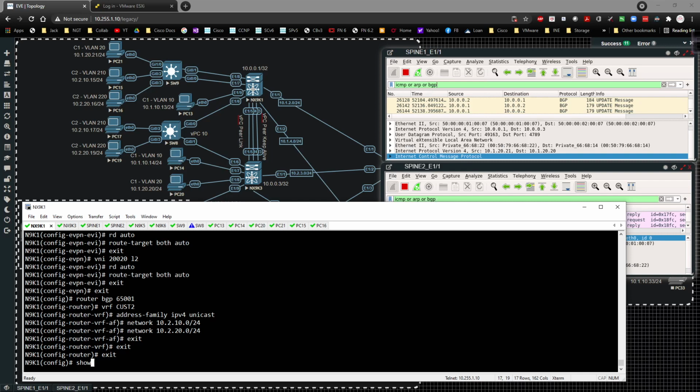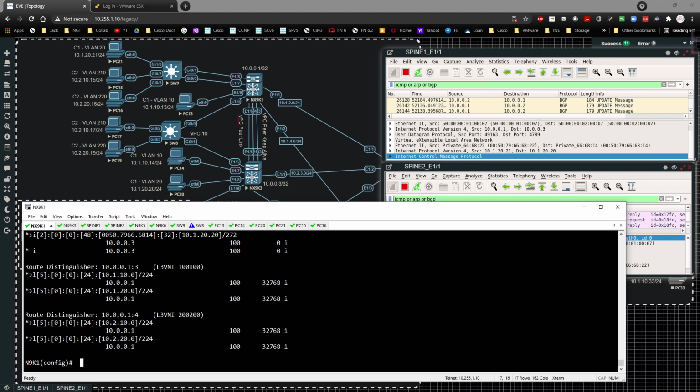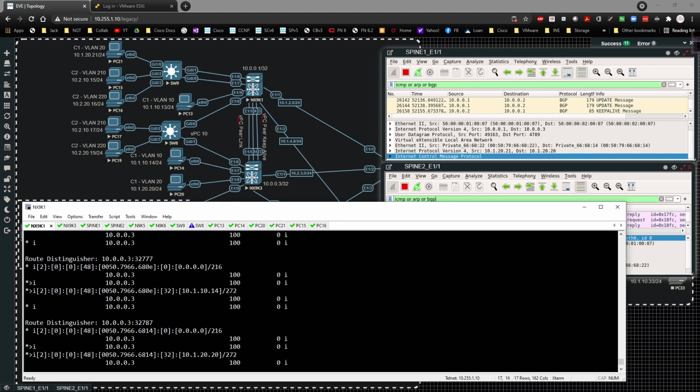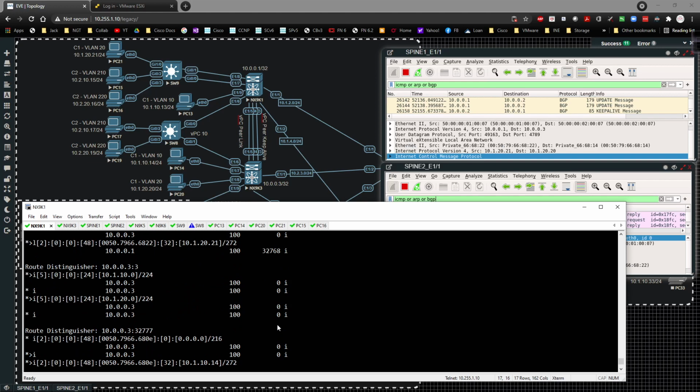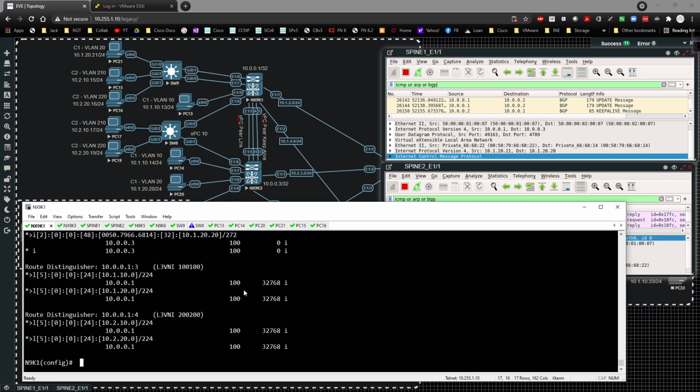So if we were to do a show BGP L2 VPN EVPN, we're going to have a bunch of additional connections. We're going to see all that extra stuff in here. We have the VNIs, and the layer 3 VNI is showing up right away, which is what we expect. What I'm going to go do is I'm going to configure the